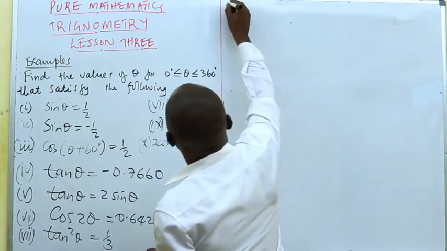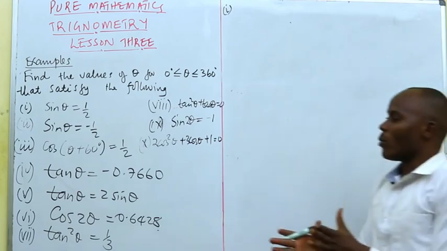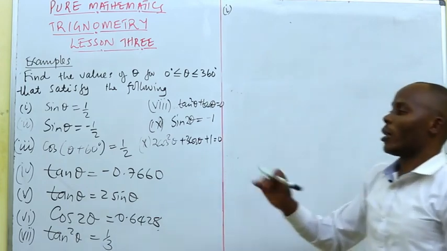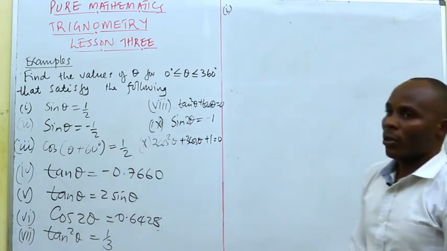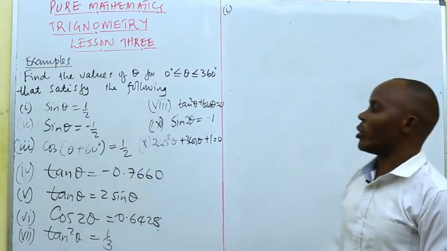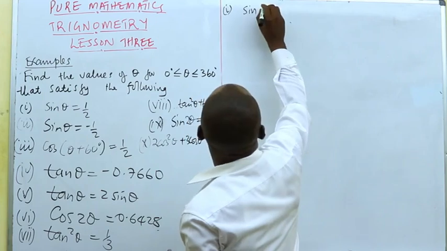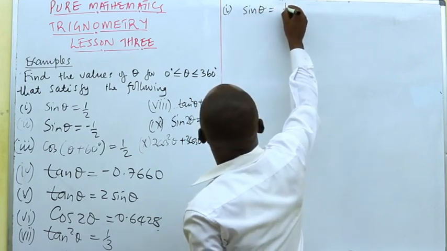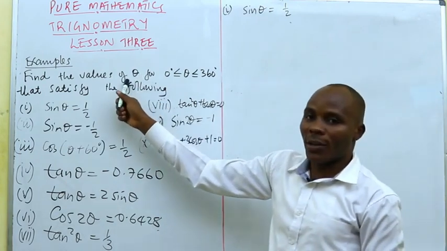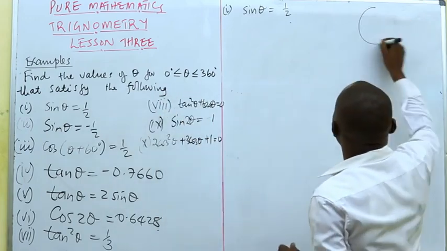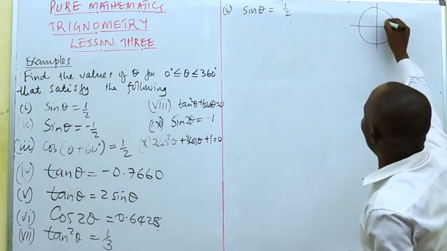The first one, I've said I'm going to calculate all of them to ensure that people learn how to generate angles, because as we move on, it will be a huge task if you don't grasp this information in the very beginning. We have sine of theta is equal to a half. What they need is theta. How to get it? This one should always be at or near you. You say this is the first,